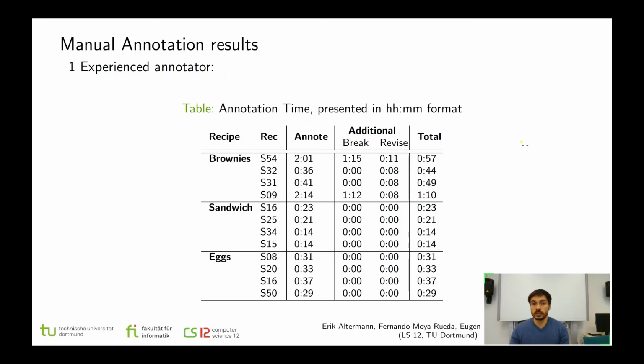We noticed that the annotator experienced some learning while doing the annotation per run. So every time there was a new run, the annotator took less time in fulfilling the task. And we also see that the brownie took way more time than annotating the sandwich of the X recipes. So the brownies took around 1 hour for annotating each run, and the sandwich 20-30 minutes. But in general, it was